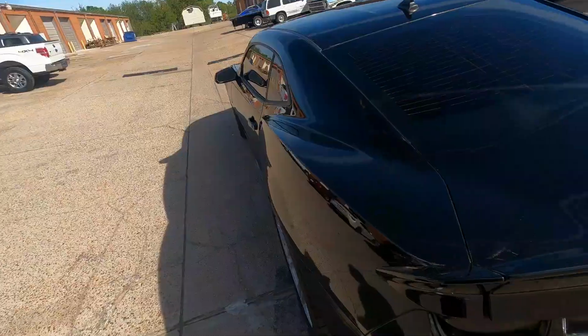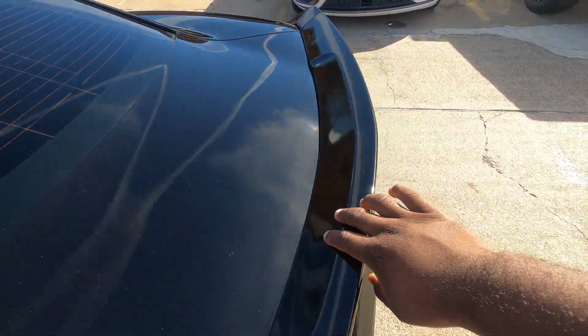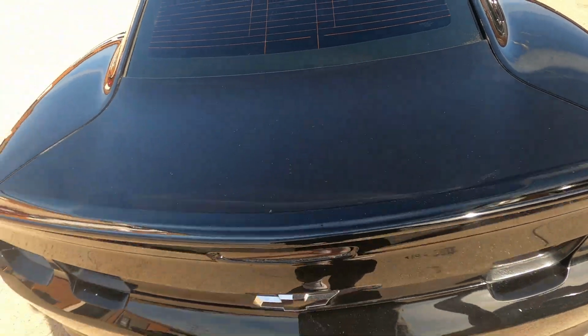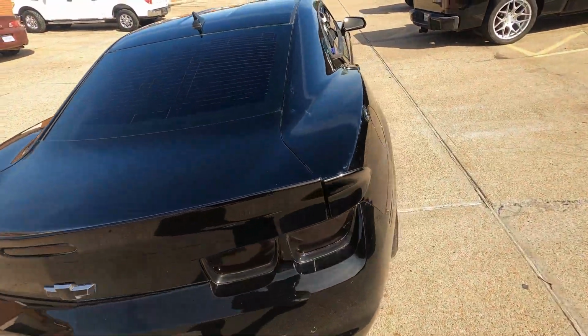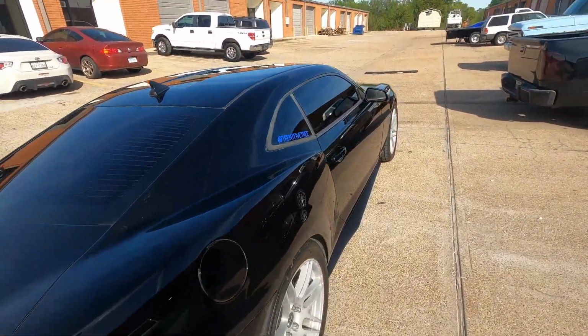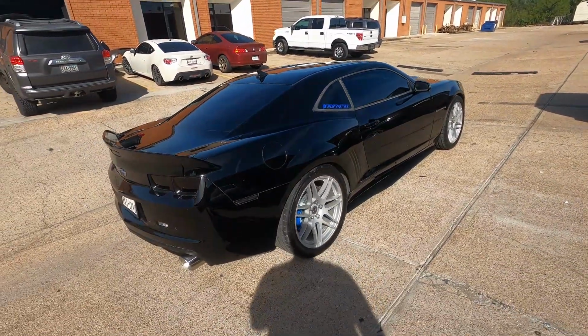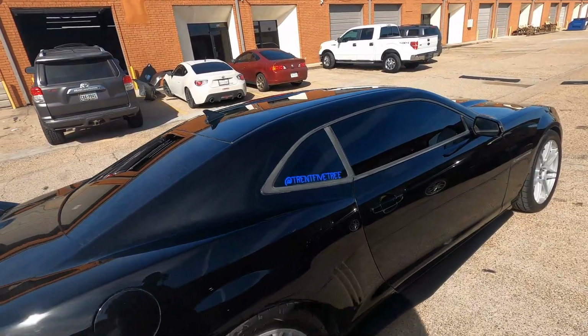Polish the tips, because we repainted and cleared the wing, so that's no longer fading. So definitely about to start having a lot more fun with this thing, taking it out a lot more because it looks great. So now that I got the paint taken care of, I'll probably just